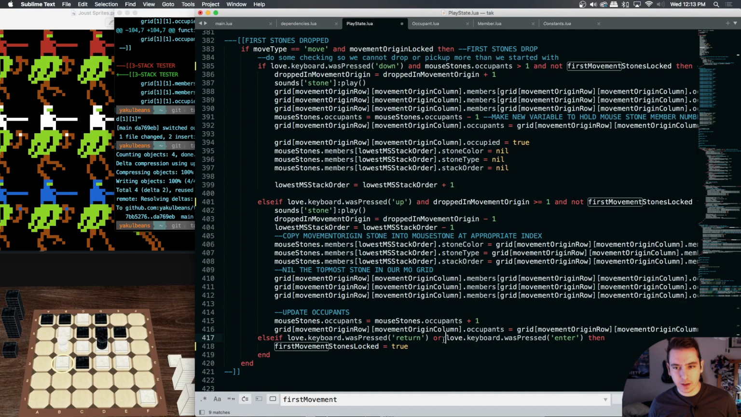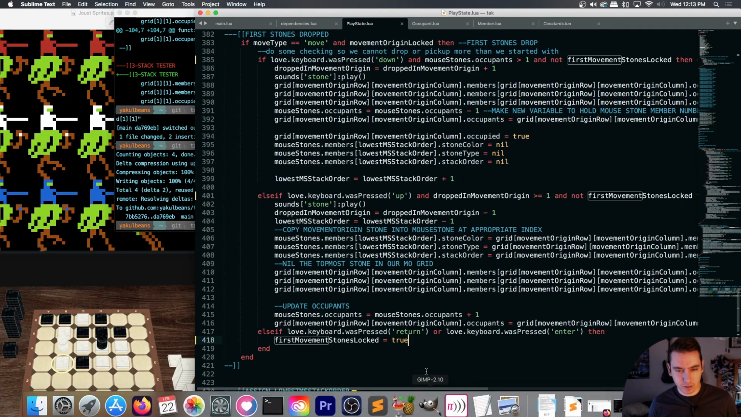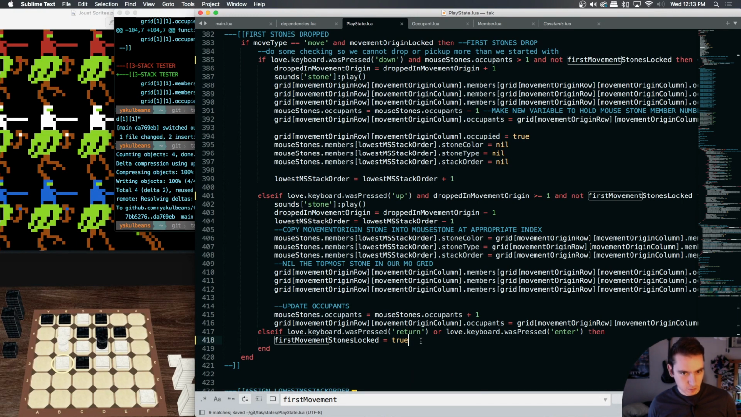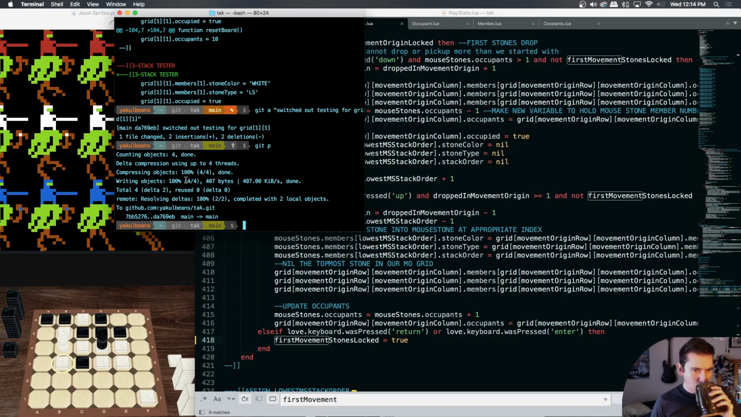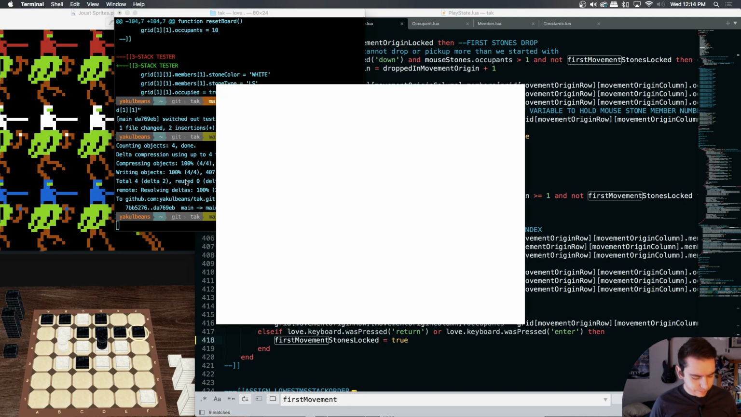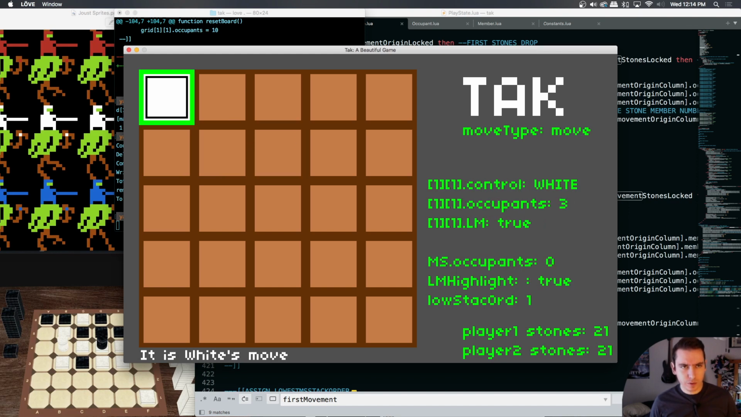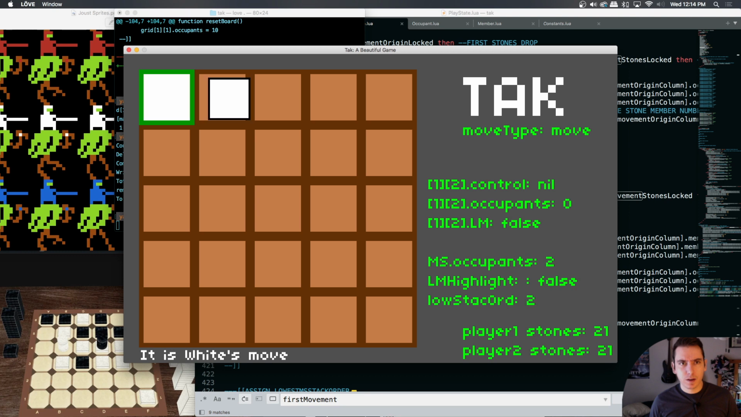Okay, so yeah, we only lock that in upon pressing enter, if we're in a move type move and our movement origin is locked. Yes. Okay, so that shouldn't crash anything. So it's our move, we click on it. We drop a stone. Can't drop another stone. Now if we lock in how many we've dropped,